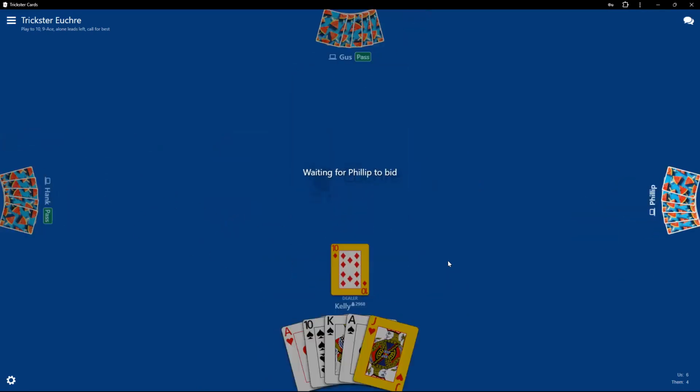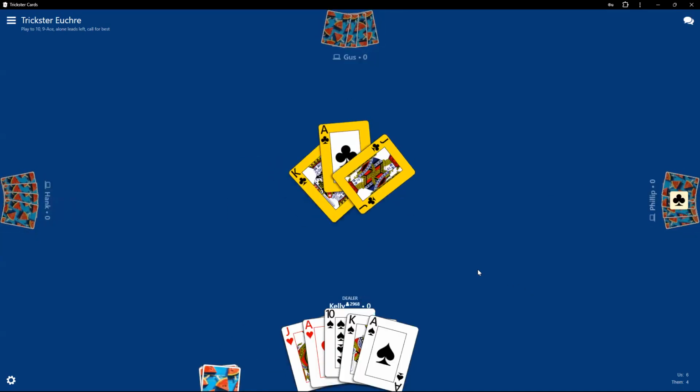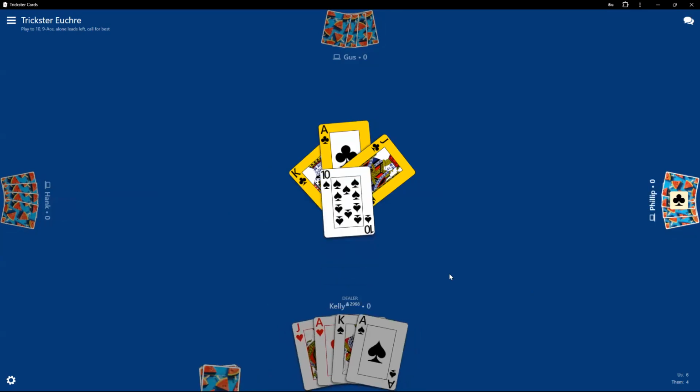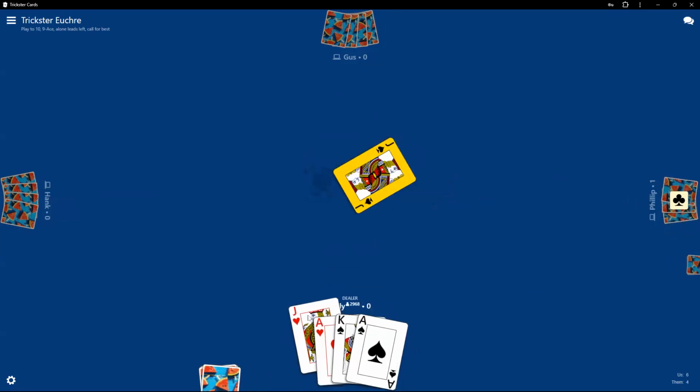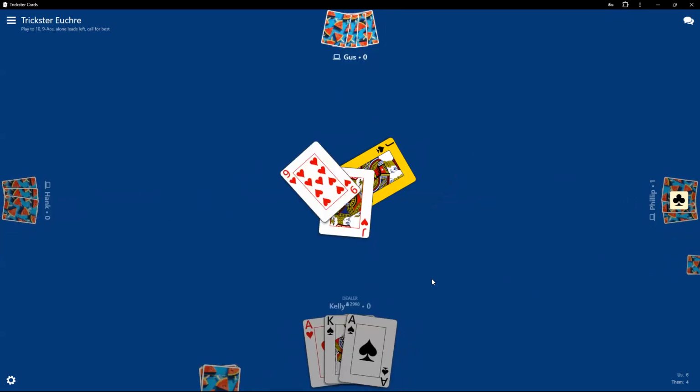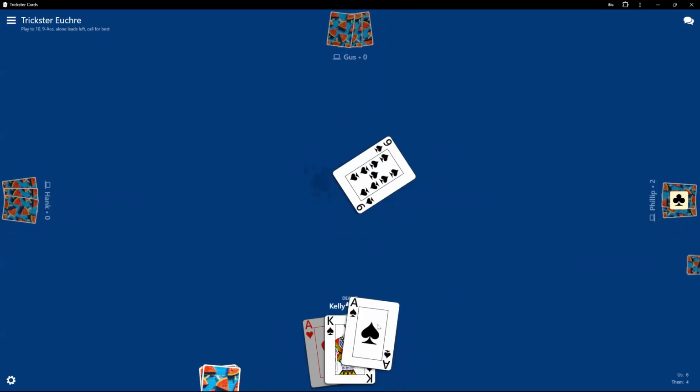Oh, that's not a good hand. You learn pretty quick that it's not all about Trump. I mean, the offsuit can save you sometimes, but I didn't even see what happened there. Okay, they made it clubs. Get rid of this lousy 10. And that is a club. So I had to think about that. So not a spade.